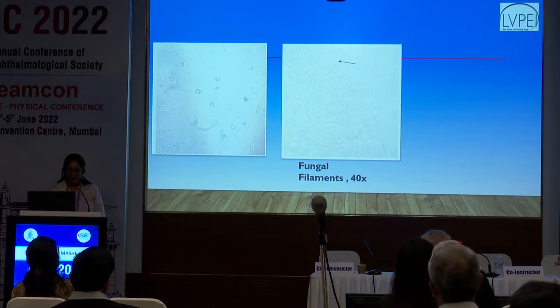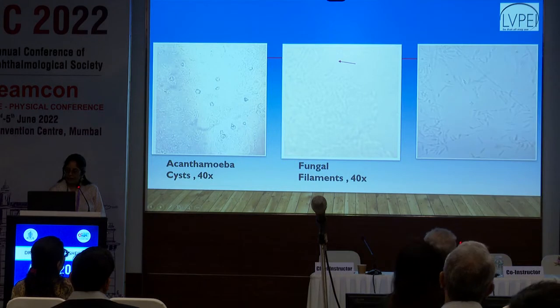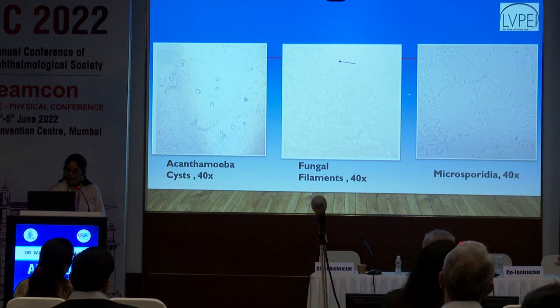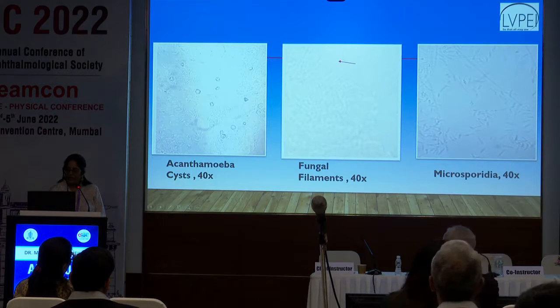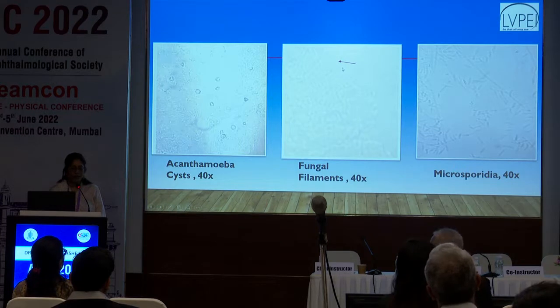And these are other stains where you can see Acanthamoeba cysts. If you have plenty of cysts, then you can pick up these double wall structures in the KOH wet mount. And sometimes we can see microsporidia also, which needs a higher magnification, very tiny oval-like structures. You can pick up a few, and this will require more experience as compared to KOH, which is the easiest. So if you rule out that it's fungus, then you at least know that it's most probably bacterial, and you can start antibiotics.